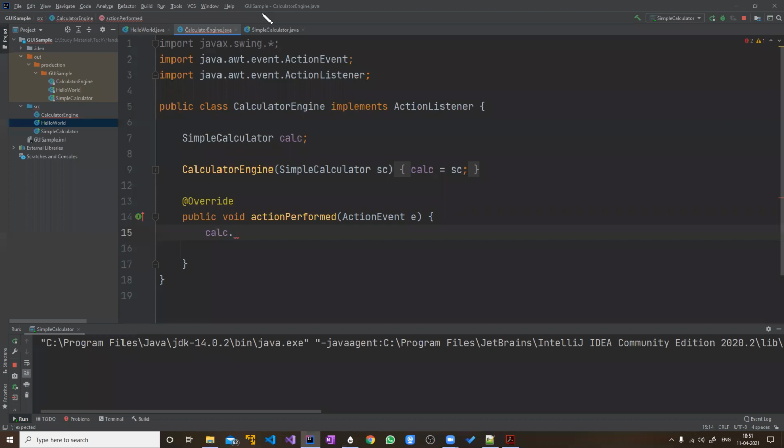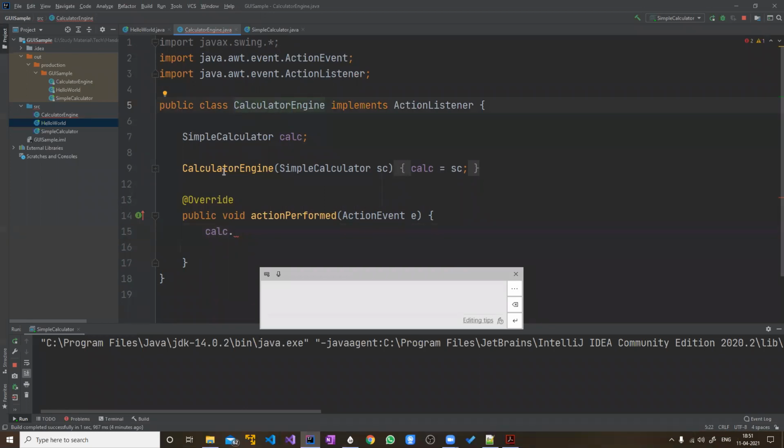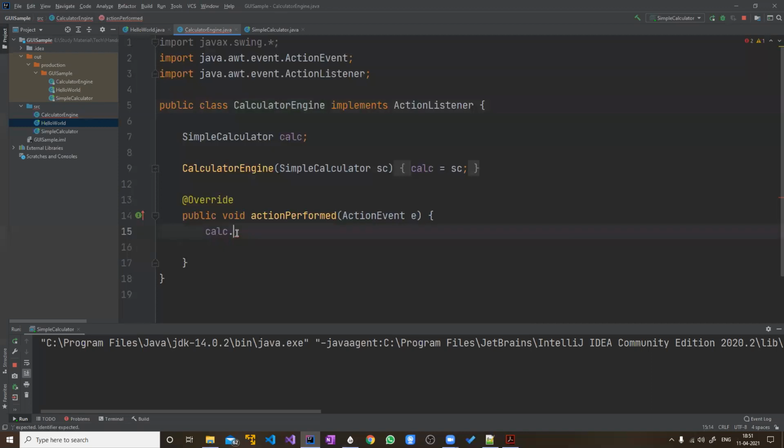This object is nothing but the simple calculator object. And what is the name of that object we have given there? Calc. Do you see that here? Yeah. So there is calculator, which is part of calculator engine. So this is what we have done. Okay, and that's why you are able to access these fields here.